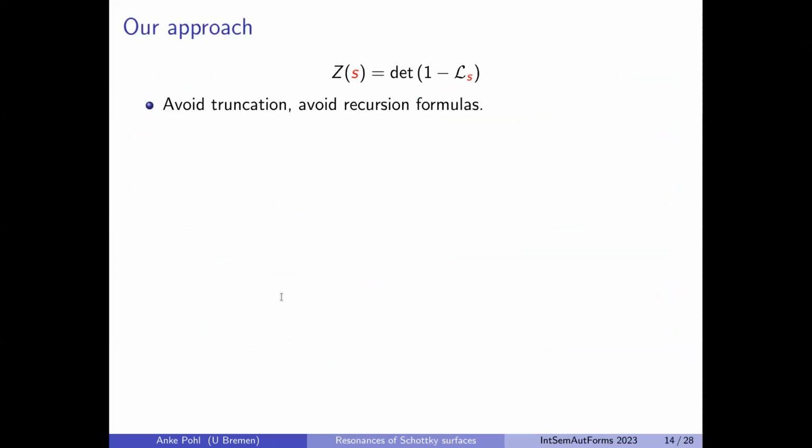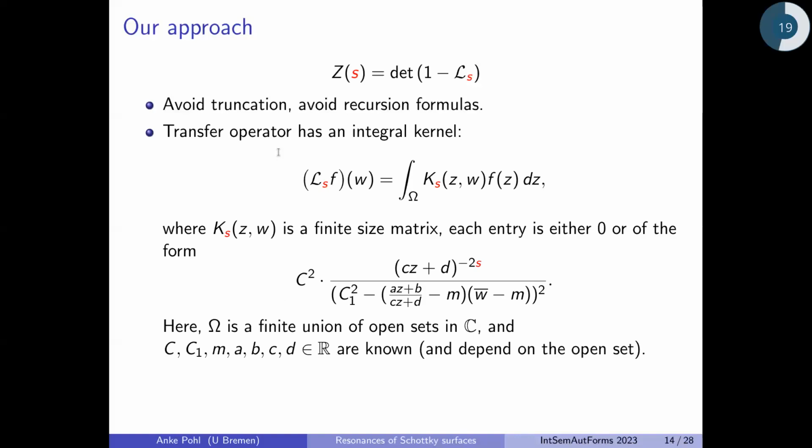So as I said, we wanted to avoid these recursion formulas because of the problem of error propagation. And we also wanted to avoid these truncations, because as soon as you have a truncation algorithm, it means when you want to improve, you get more and more terms which you need to handle. But we also started with this formula up there, because from physics intuition it is the thing you should do here, or at least which seems to be reasonable to do.